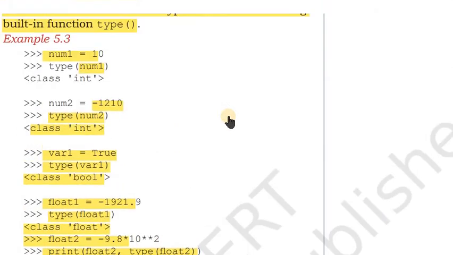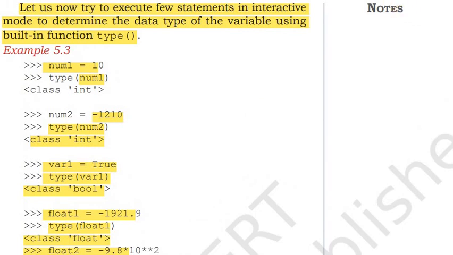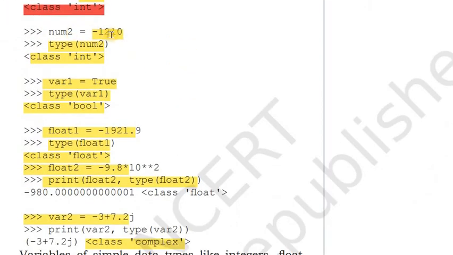So let's further understand a few more points. Here the output, when you are calling the type function for num1, shows that it belongs to class int. Clear? This is num2, minus 1210, and where you are calling the type function for num2, the output shows that it is class int.